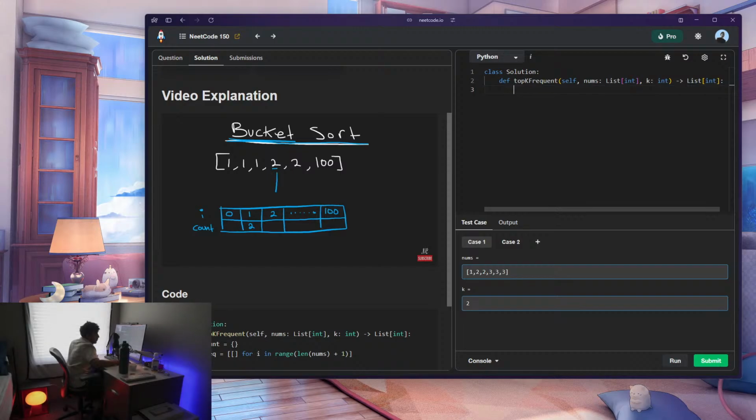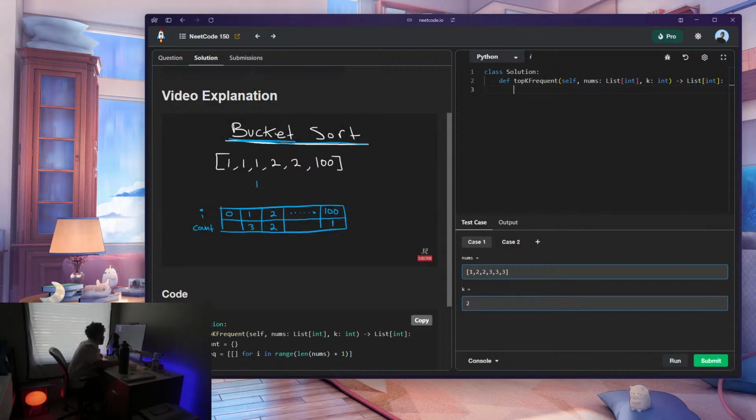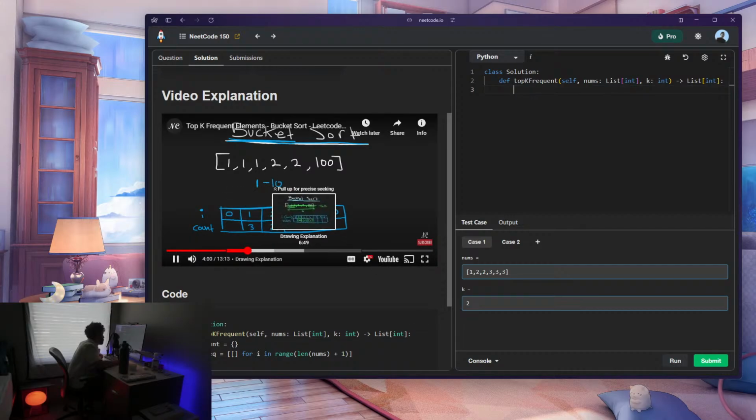Map the value to the index and then put the count of that value. So 1 occurs 3 times, 2 occurs twice, 100 in this case occurs once. Now this algorithm would be linear time if our input values were bounded. For example, if we knew for a fact that every value was between 1 and 10, then we would know